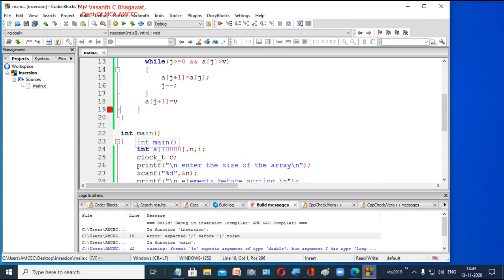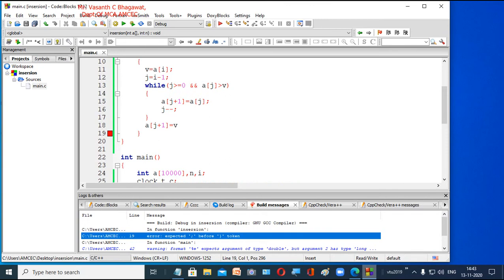Now it is stopping at line number 19. You can go here and down, and you can see this is line number 19. What is it telling? Error: expected semicolon before the closing bracket. So in this line number 19, either on top of that or below that, just see both the lines.